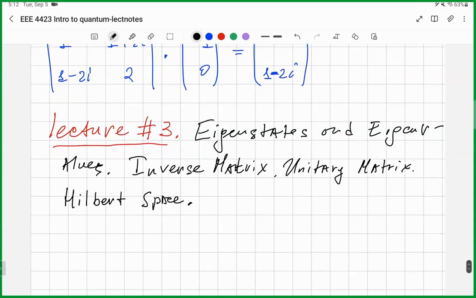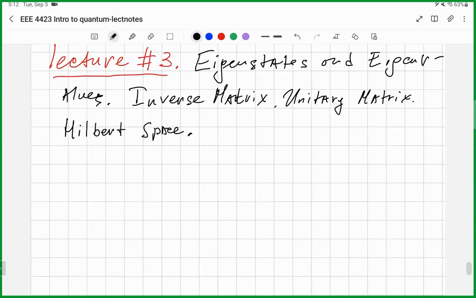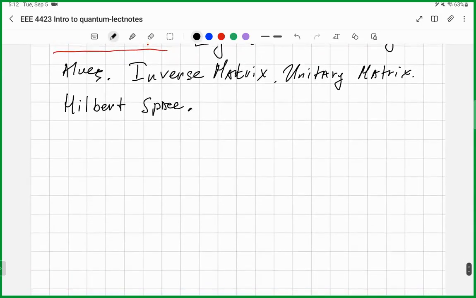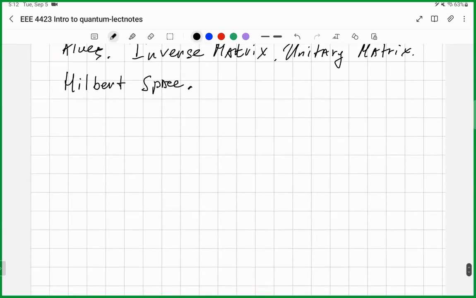And probably we will even start discussing the concept of a qubit, because it relates to the concept of Hilbert space. Essentially, a qubit is described in the Hilbert space of dimension 2. All right, so